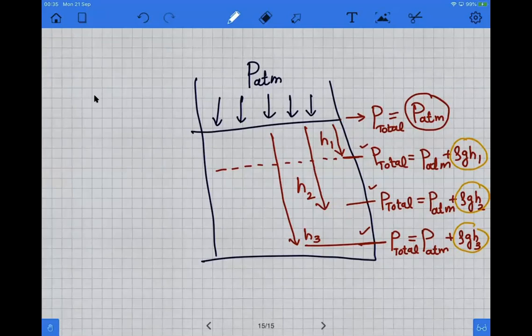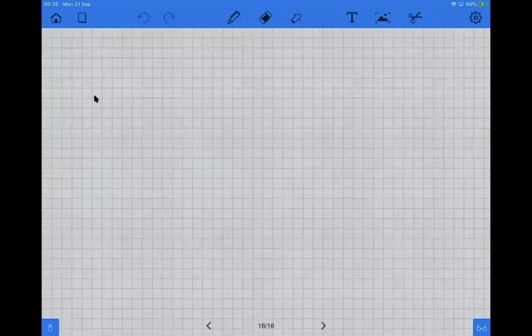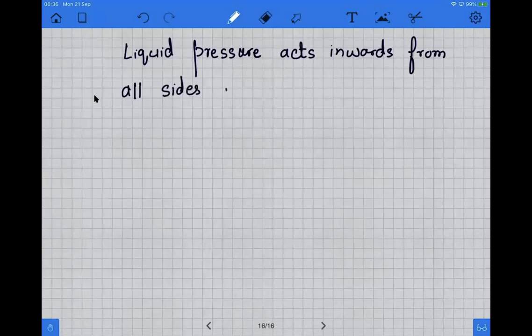If we want to represent the liquid pressure only, then the first important thing is that liquid pressure acts inwards from all sides